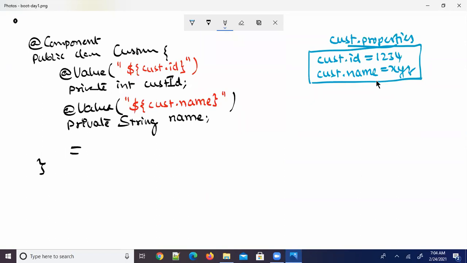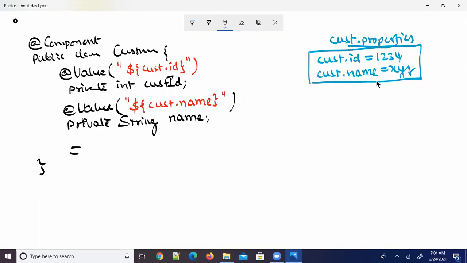If not matching, we'll raise an exception at runtime. Right, so here it's matching, so 1234 is injected, and XYZ is loaded from the properties file.